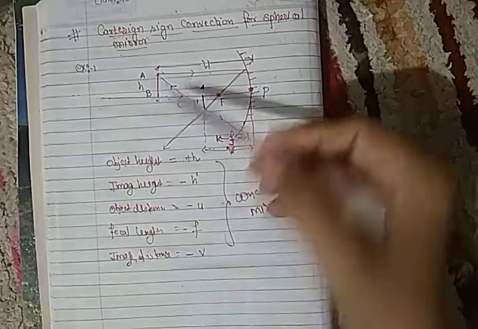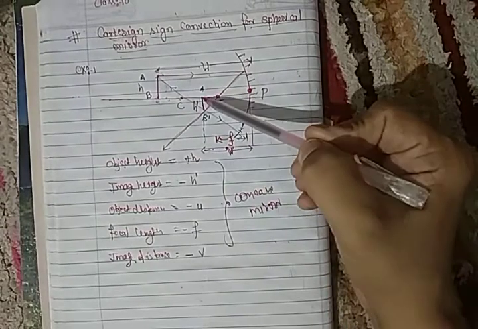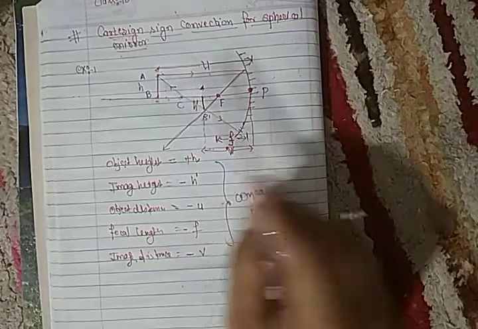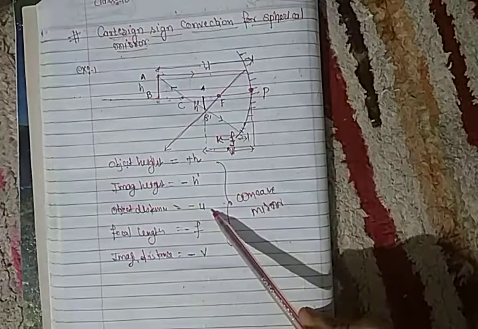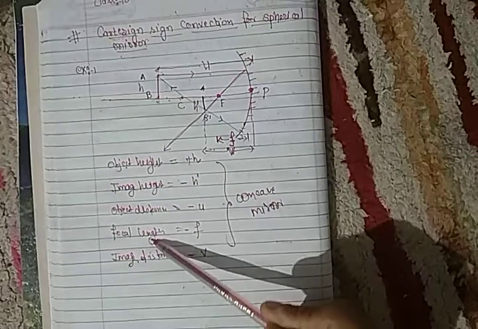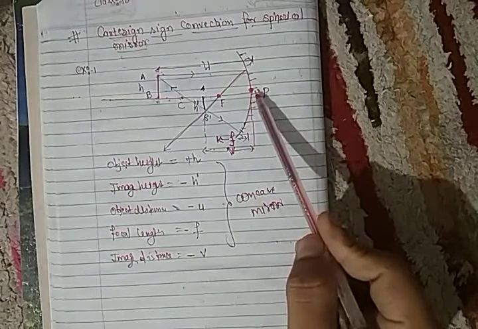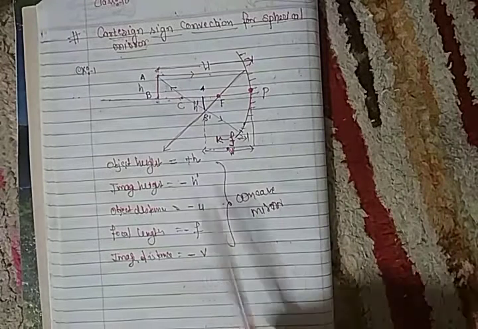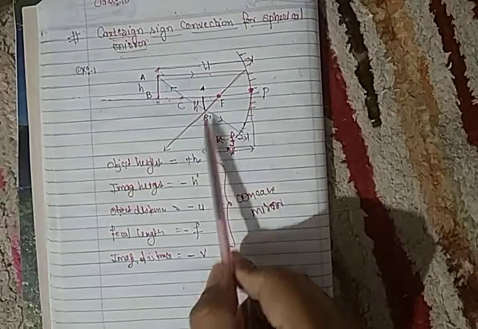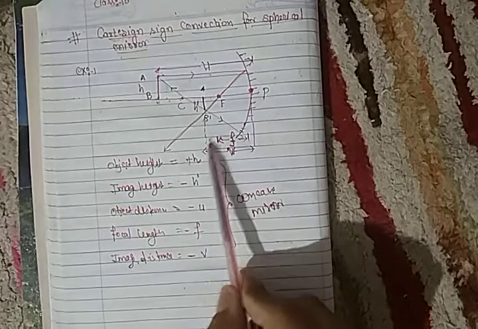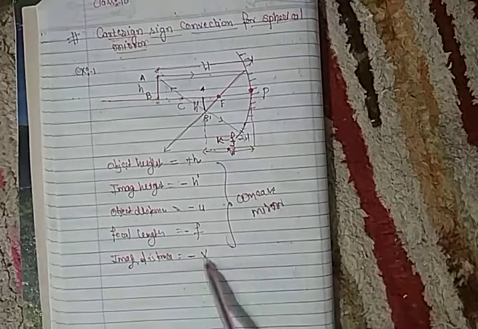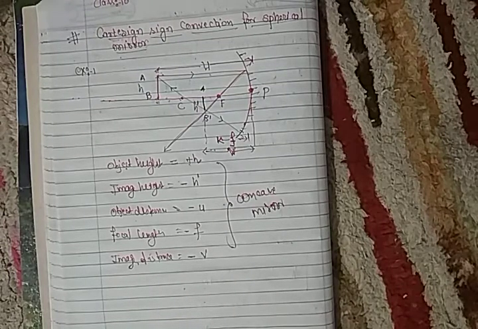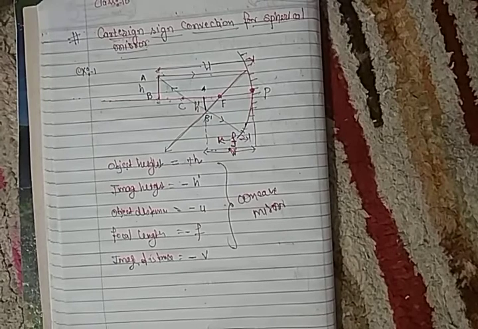So I can say in concave mirror, object height above is positive, image height below is negative. What is object distance? From object to pole it is u. Positive or negative? Left side, negative. Focal length, focus to pole, distance measured from pole. Now this distance is again on the left side, so I can choose negative. Image is also between center and focus. So from image to pole the distance is v. Again left portion, so negative. So with the help of this we are able to understand. I hope this topic is clear.